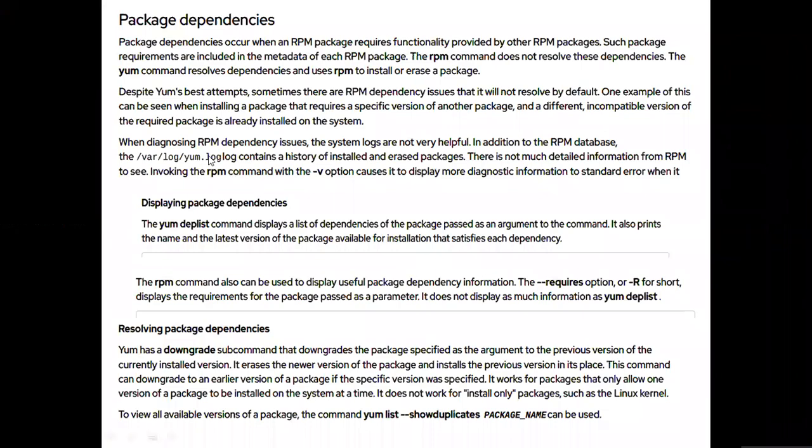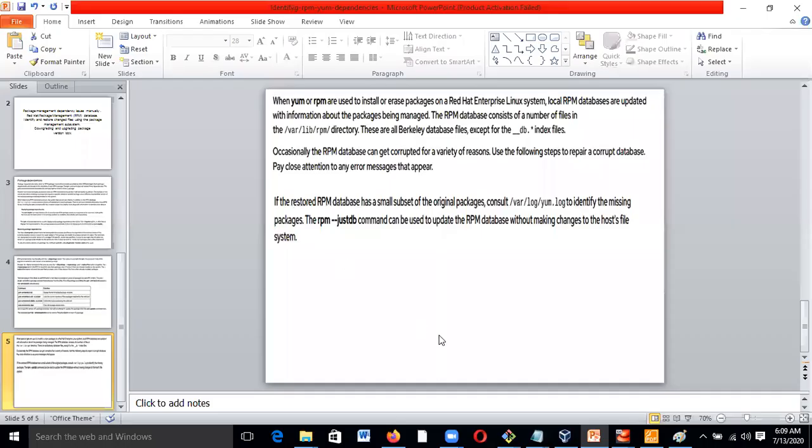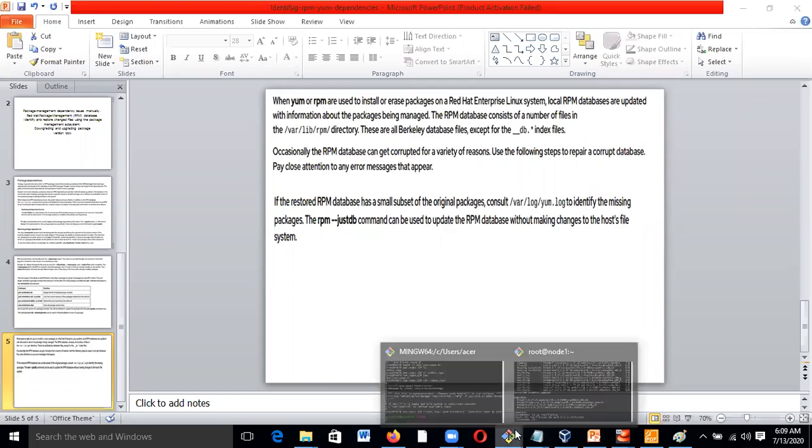Here you see that we are discussing the /var/lib/rpm directory. When YUM or RPM is used to install or erase packages on Red Hat Enterprise, the local RPM database is also getting updated. So /var/lib/rpm is the main directory,